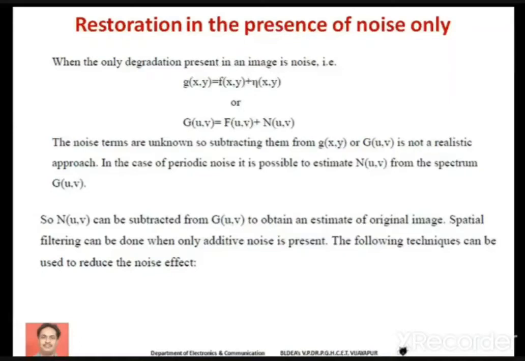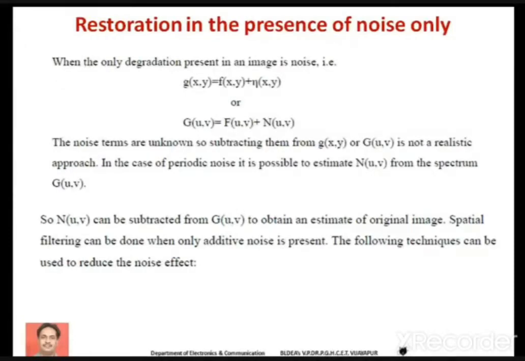Original image by applying some mathematical and probabilistic models. The goal of image restoration is again to improve the quality of the image. However, image restoration is an objective process. With some particular objective, we are going to carry out the image restoration process.